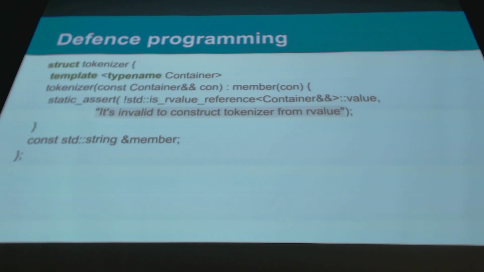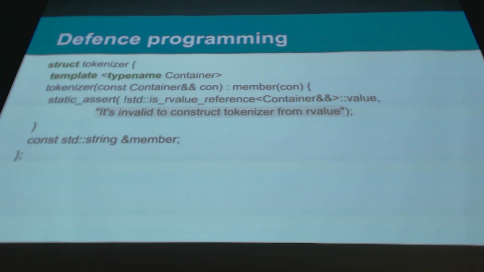What we can do is use another C++11 feature called static_assert. Firstly, the constructor of tokenizer is a template, normally just a template of a const reference. But what we want is to take Rvalues and Lvalues and then reject Rvalues, say it's invalid to construct a tokenizer from an Rvalue, which is true. Here we are just using static_assert,